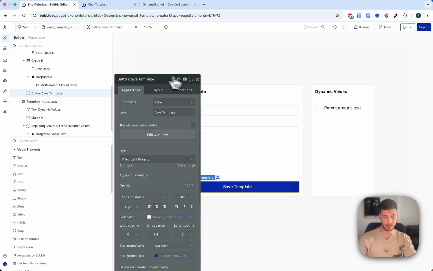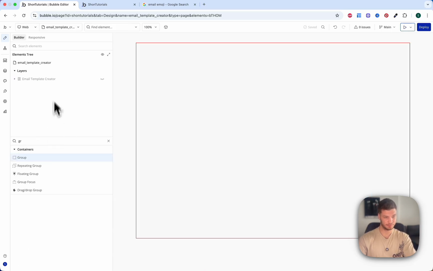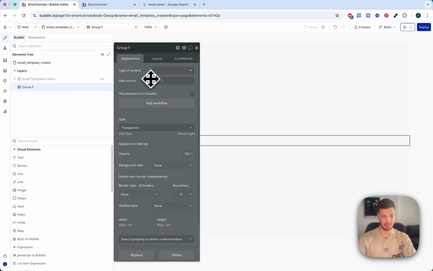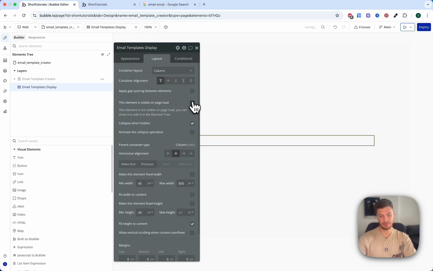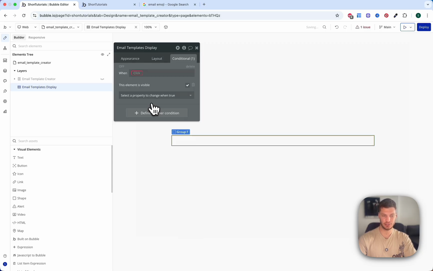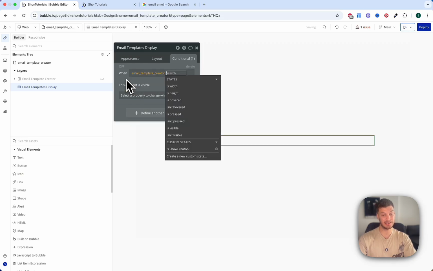Okay, so now that we finished with that group, let me add another group. This group layout should be an 800 max width, and we'll horizontally align it to the center, so it's the same as the last group. We'll call this group email templates display. We'll make it not visible on page load, and we'll define a condition to make it visible only when the email template creator, basically the opposite of the email template creator group that we have,